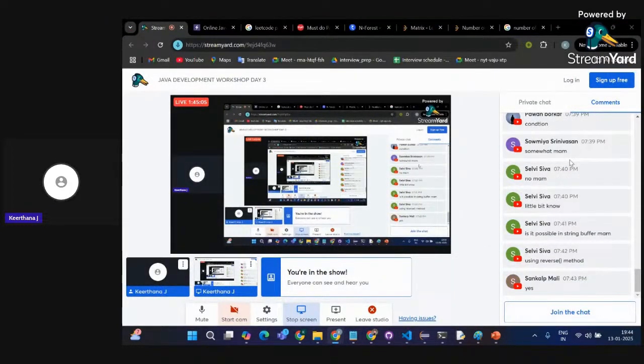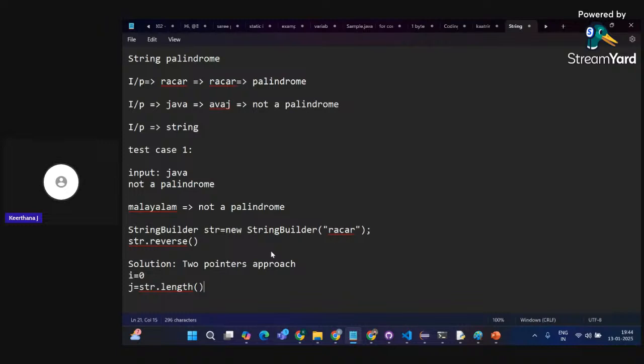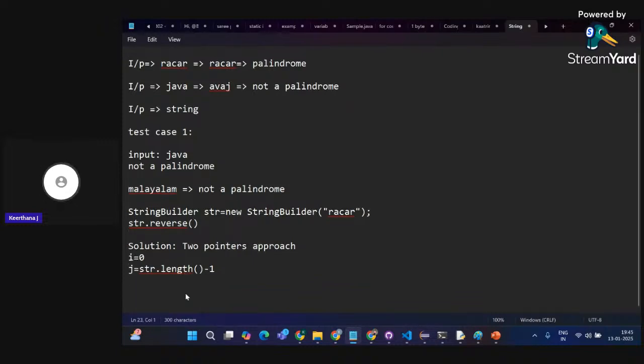Yeah, you have used it as a method only. Okay, length minus 1. In this way only you will be assigning j to the last element. And one more thing, whenever you want to find the length of an array, you give arr dot length. You are not supposed to put any parentheses, just arr dot length.